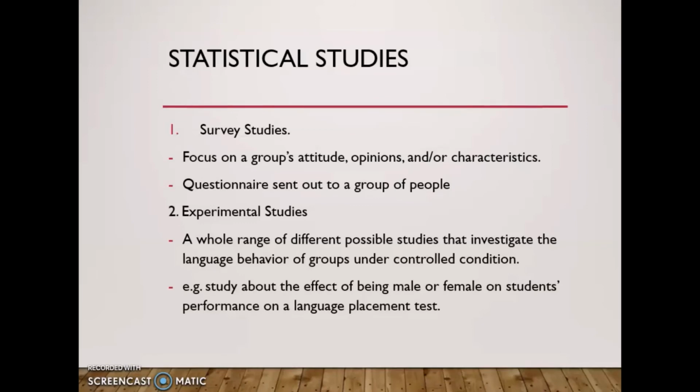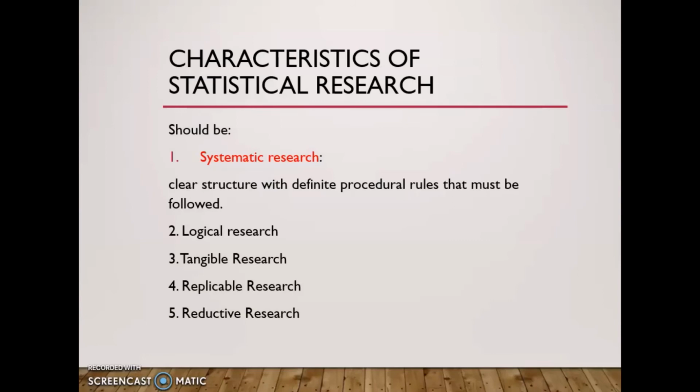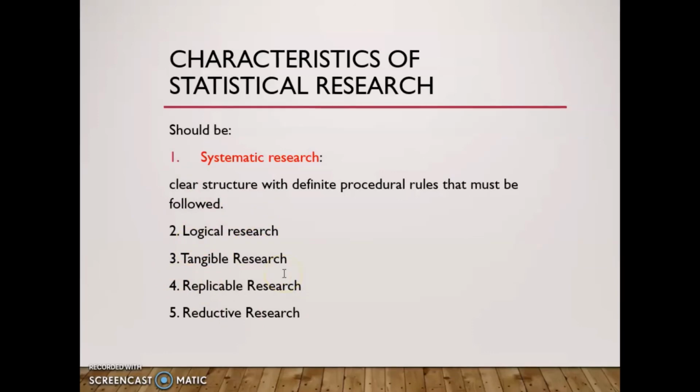Let's move to the characteristics of statistical research. Research that uses a statistical approach must be systematic. That means it has a clear structure with definite procedures and rules that must be followed for each step. It is logical, tangible, replicable, and deductive. Logical means that it follows common sets, tangible means that it is real, replicable means it can be repeated by other researchers, and deductive means it summarizes the result from a complex one into a simple one, to see the pattern of certain variables or factors that might influence